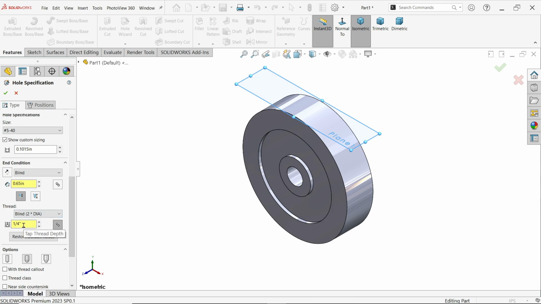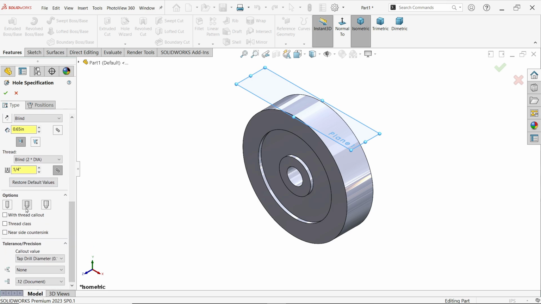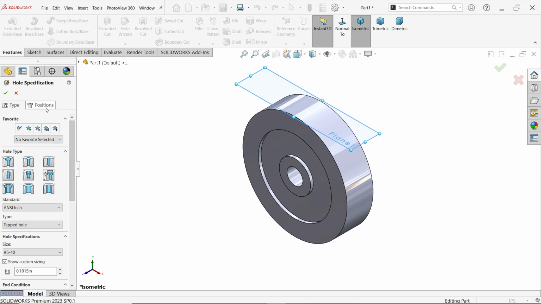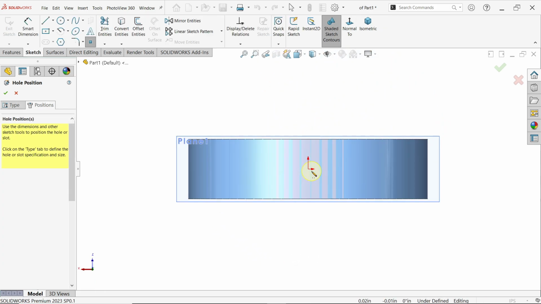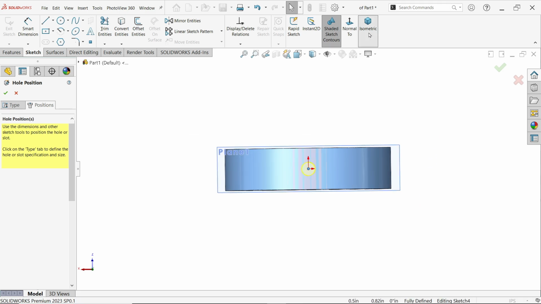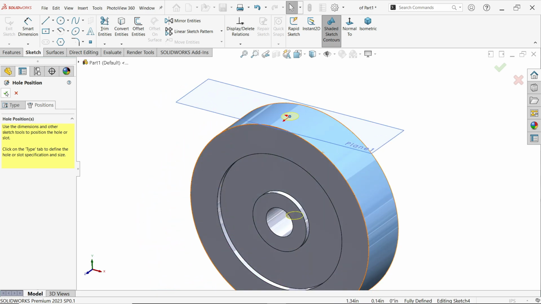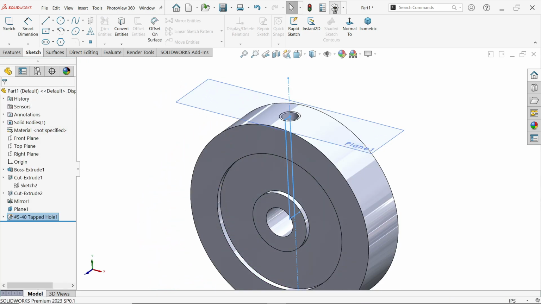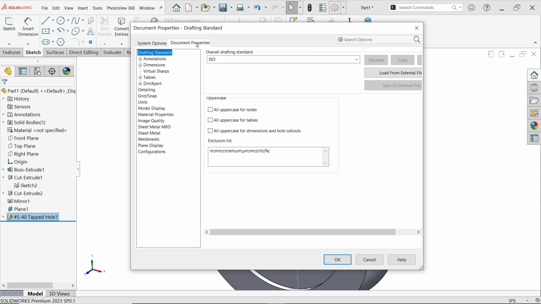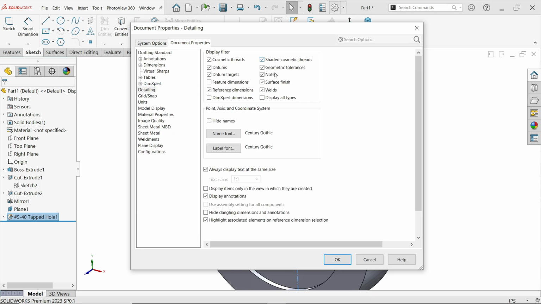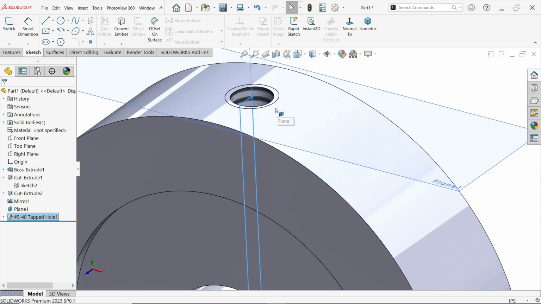Okay, that's confirmed. Come to options, choose this one with thread call out. Position, now move to center and select here. Press escape key to get out. Just rotate and see the position. Okay, this is going to be perfect. Say yes. Options, document properties, detailing, and I'm going to choose shaded cosmetic thread. Okay, now you will see here,